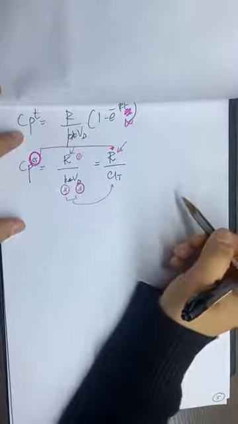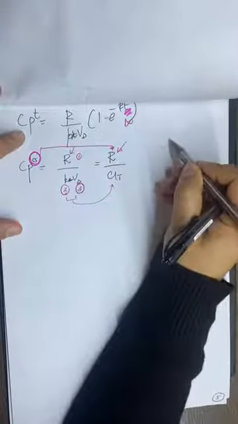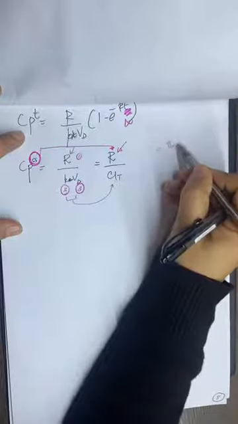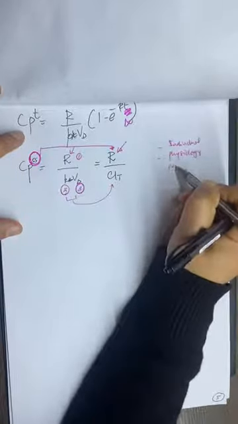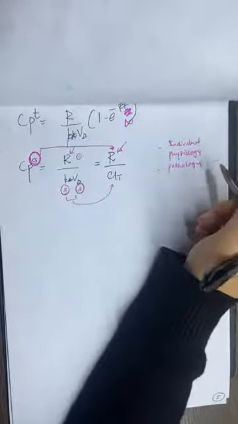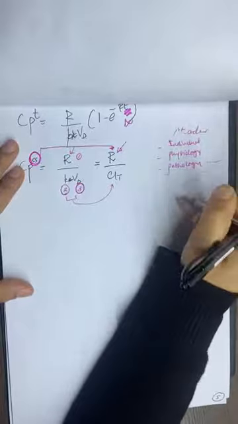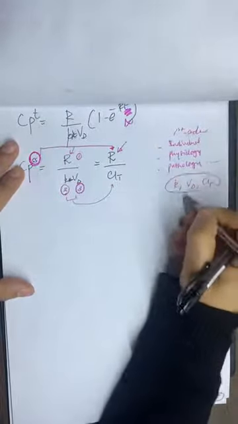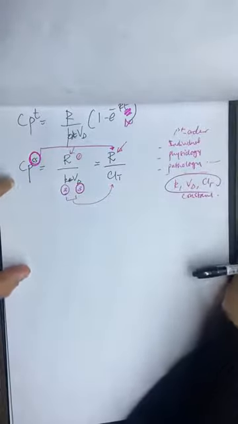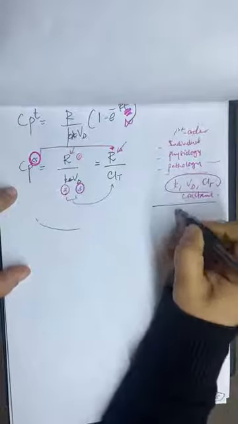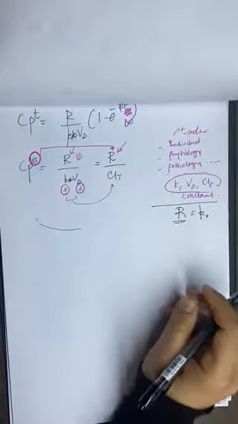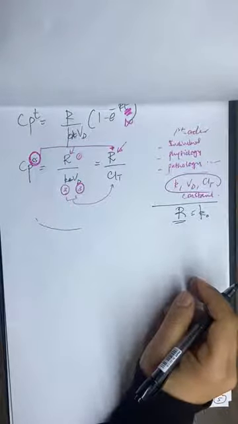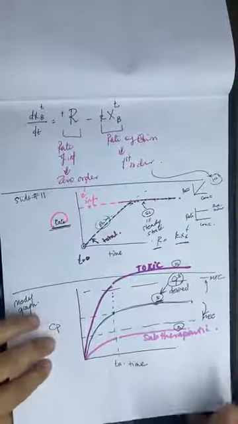Okay, so if we are talking about the same individual and all the stuff that we were talking about, same physiology, same pathology, and all the assumptions for first order kinetics, which means that k, Vd, and clearance are constant, then under those conditions the steady state concentration will mainly depend on R, which is k naught, the rate of infusion, mass per time, right? So if we go back to this,